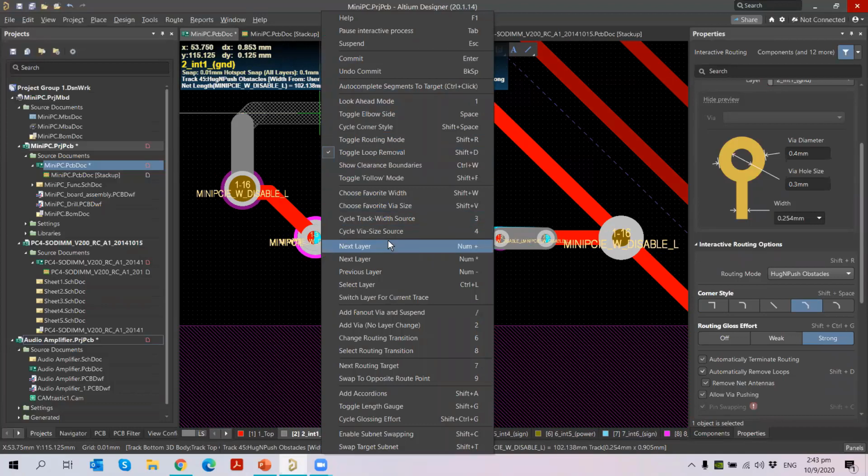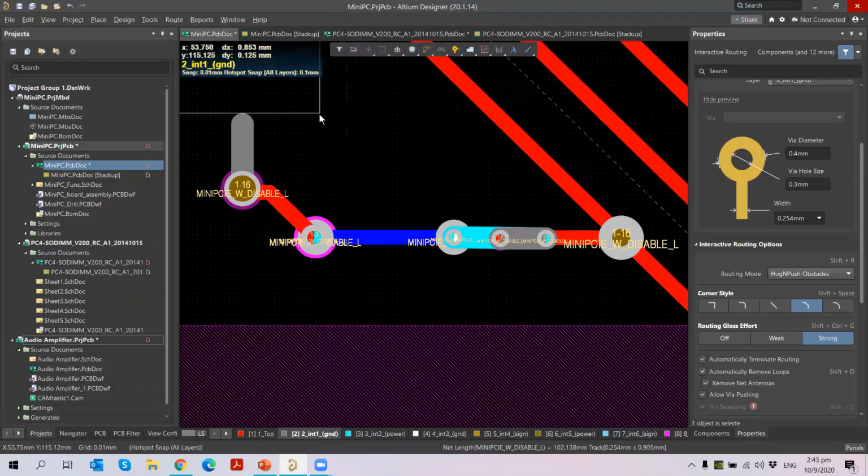So the shortcut keys will help you to go for the next layer or the previous layer. It helps you to select the layer, or if you want to change the routing transition, which I have done, the shortcut is 6. You can also do that. So there are so many shortcut keys. You can follow them by pressing the tilde button. Okay, so I will just go from this.